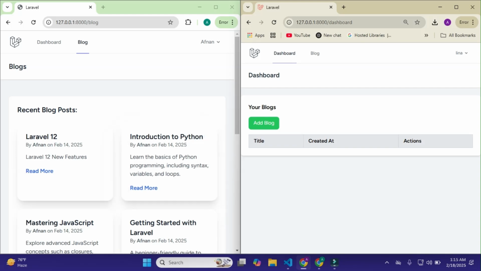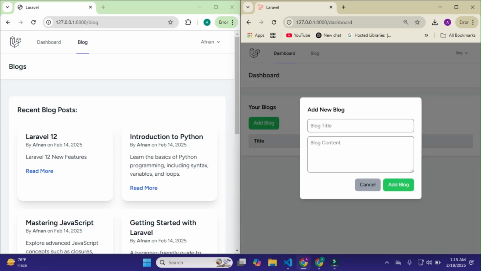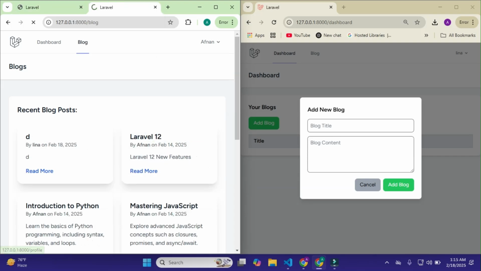And one more thing in it, I'm showing the notification on the user. Basically we are seeing the notification without refreshing, but the user who creates the blog will not receive a notification while the other user will. So this keeps notifications relevant and avoids unnecessary alerts. I will show you again. I'll simply open, duplicate it, and also go to the profile page.